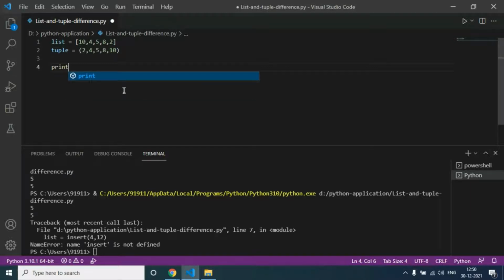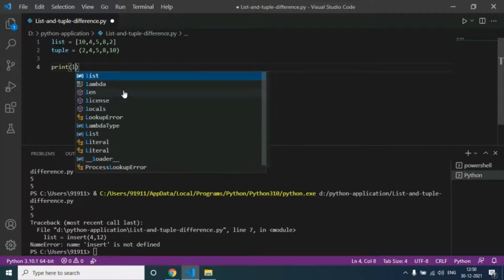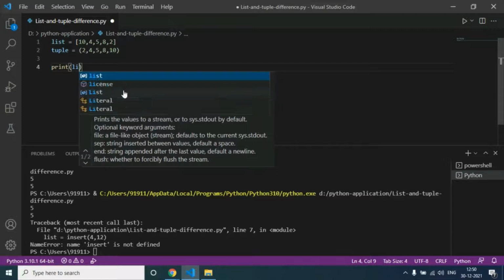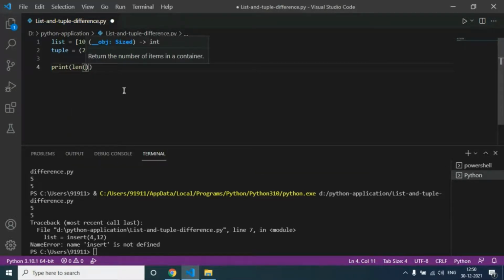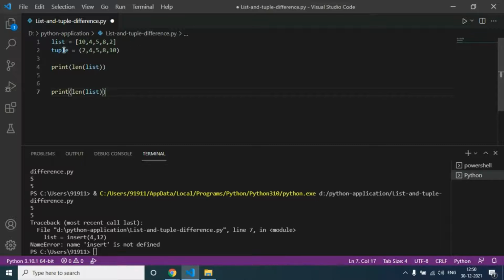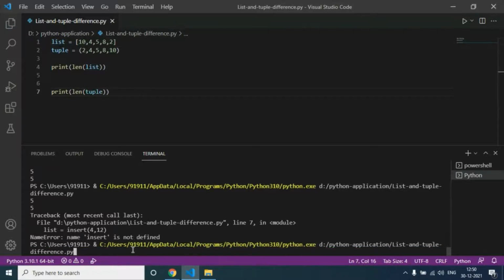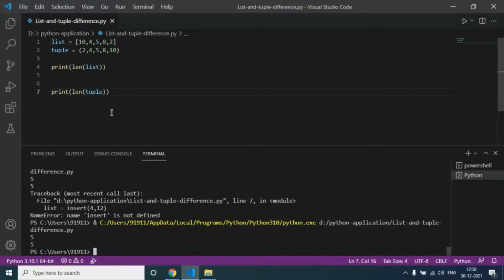So we'll print the length of list and length of tuple. Both are 5 only.